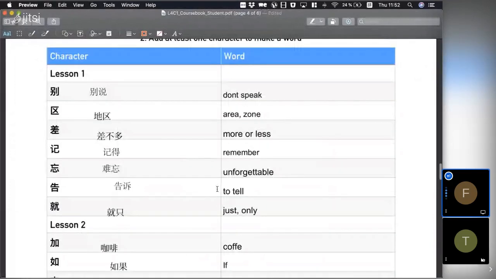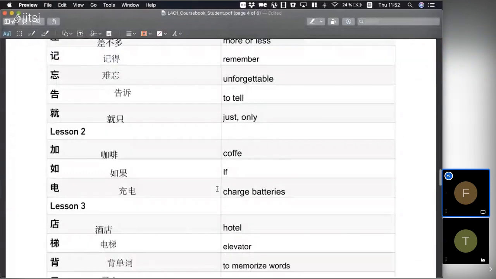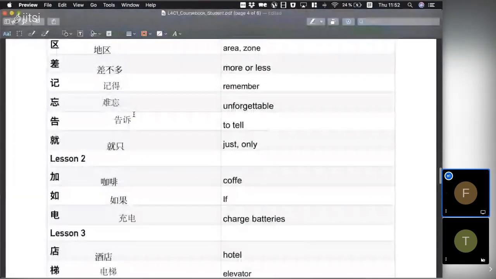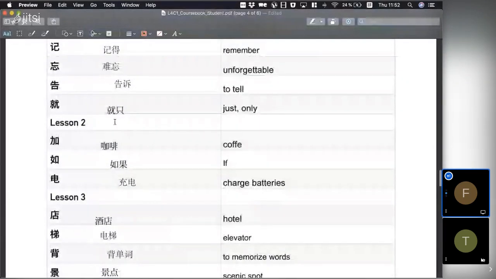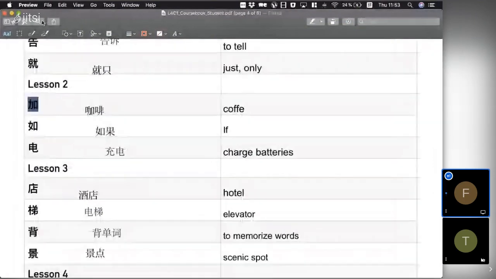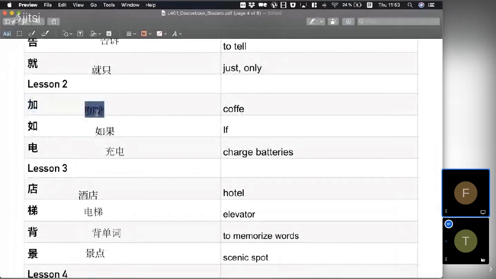Here is you. Okay. I won't really go through these now, if you don't mind. Let me just go through if you missed anything here. 记得，难忘 unforgettable. 告诉 wonderful. 就职 that's good as well. Cafe. This is not cafe actually. 家 Can you see? 你可以看到吗？Yes. Yeah. 谢谢。It's the other one thing there. This is 家 and this is 咖